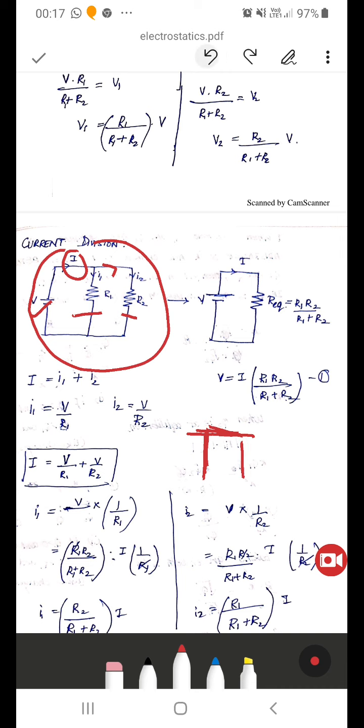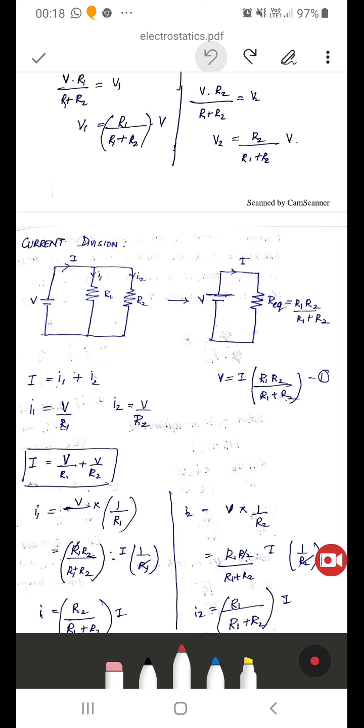This can be understood with the same old technique which I have already told you. Place your pen at the source voltage and move your pen making a closed loop. When you do this, you are not covering this part, right? So it is not in series. If not in series, then it is connected in parallel. Hence the resistances R1 and R2 are connected in parallel.